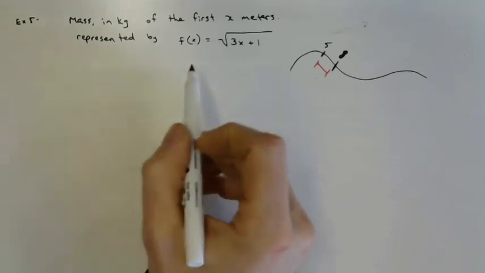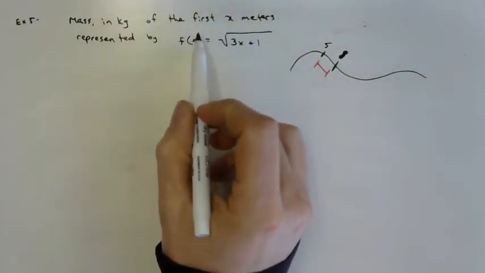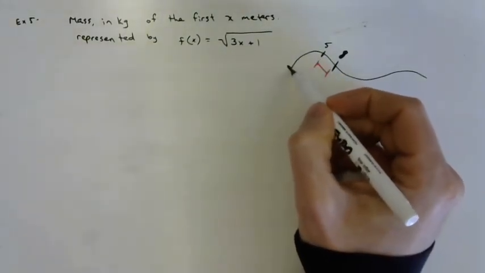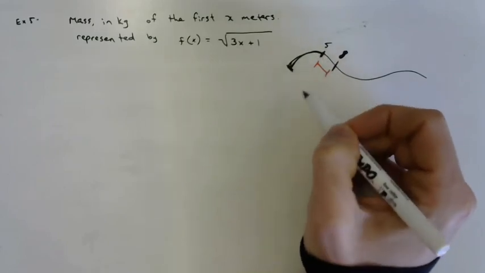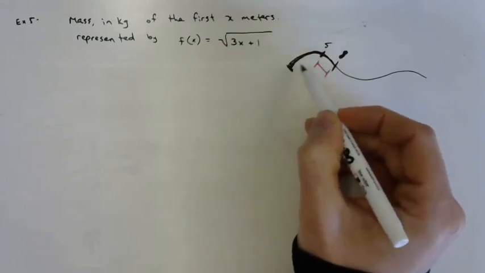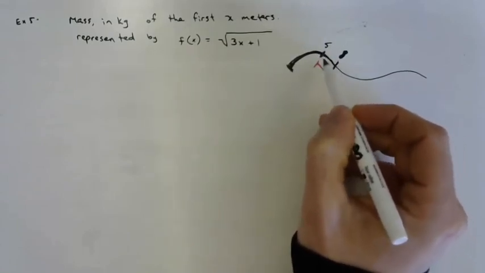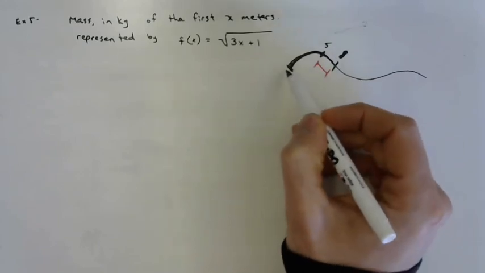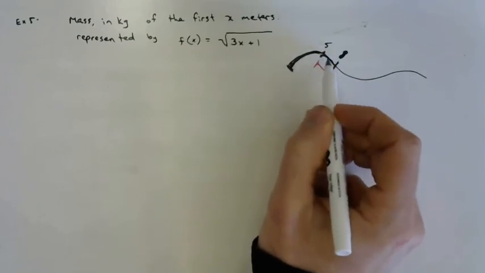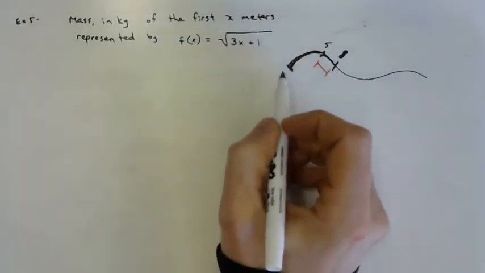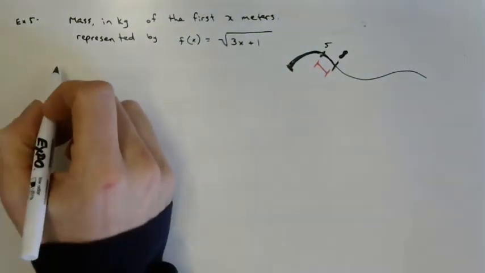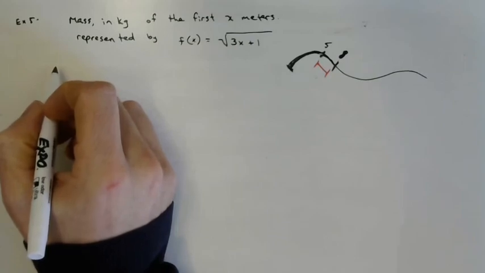So in part A, with this function, this gives us the mass of the first x meters. So if we subbed 5 in there, which we did, that means we got the mass from here to here, the total mass. When we subbed 8 in, we got the mass from here to here. Okay? The average mass from 5 to 8 is just the mass of the whole thing to 8 minus the mass of the whole thing to 5, and then divided by 8 minus 5, divided by 3. But in order to find out what the mass is at a specific point, that's where we're introducing a derivative function. So for B, we're going to